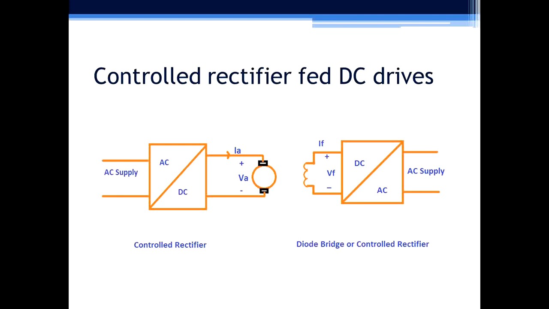Similarly, in order to create magnetic flux for a separately excited motor, we must have a DC source. For this you can use a diode bridge rectifier or a control rectifier, depending on your application. So this is a pictorial representation. We need two sources: an AC to DC converter, that is a control rectifier, on the armature side, and on the field side we also need another rectifier or control rectifier. Now we can control the speed of motors either by varying armature voltage or by varying field current.